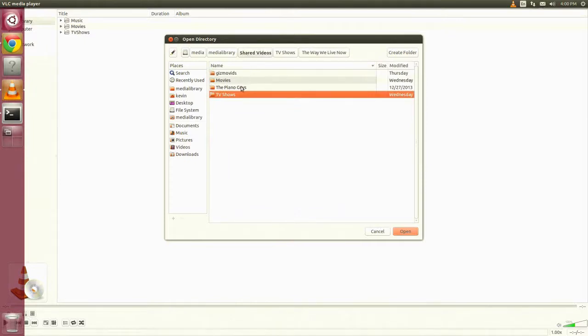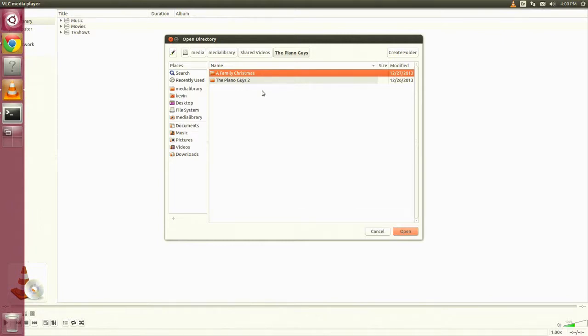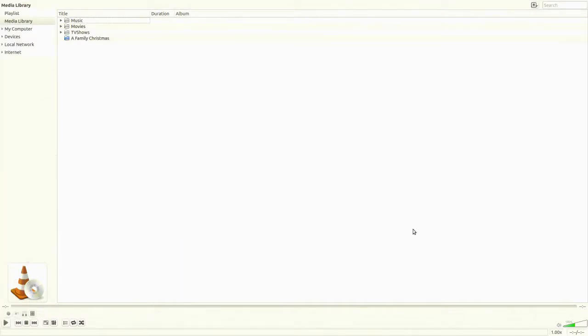I think these. So let's just go ahead and add these on there. The reason I didn't add these is I'm not sure if they're TV shows or if they're music or if they're movies. So anyway, once you add it, I found that by double clicking it